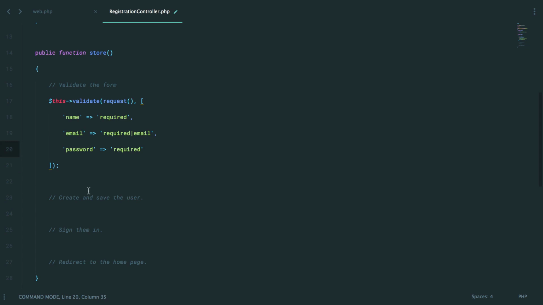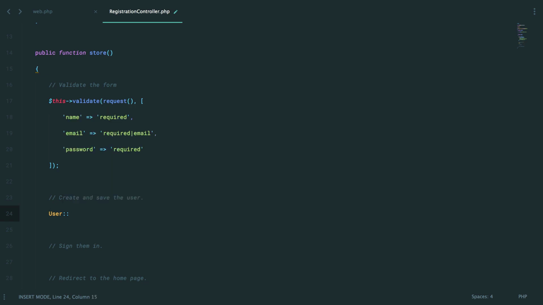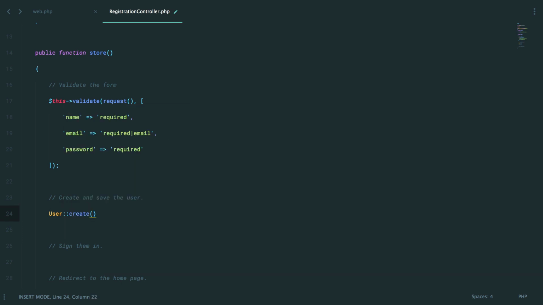So if everything goes according to plan, only then will we get to this next step where I can create the user. So we could, of course, say user create, or if you want to be a little more clear, you could always create a register method. For now, I'm just going to stick with create. And we'll say request, and the only fields I'm going to pass are name, email, and password. Next, we can log in the user by using